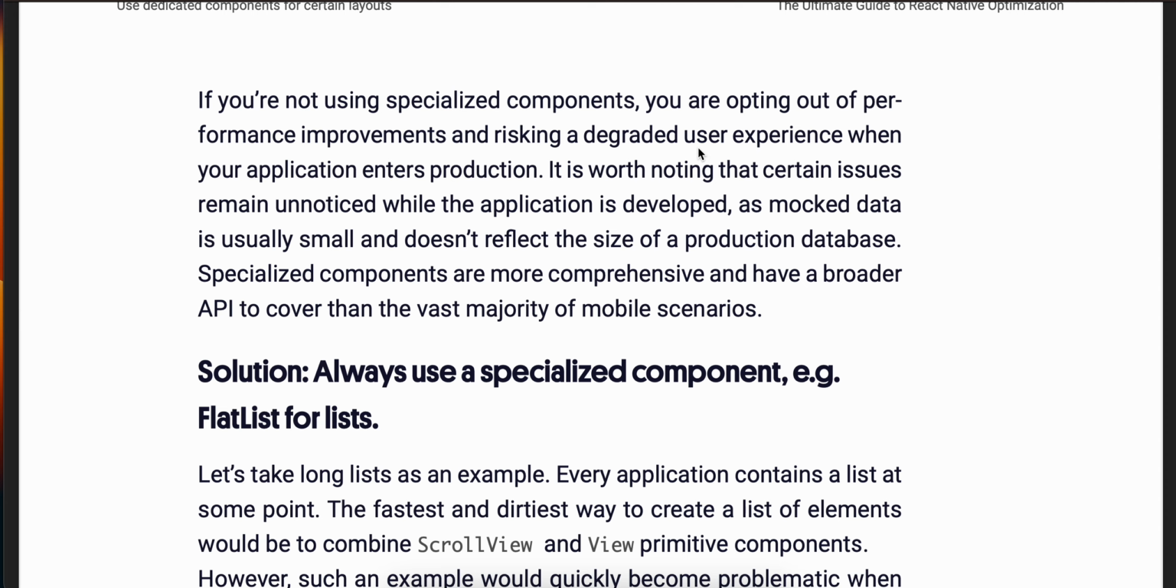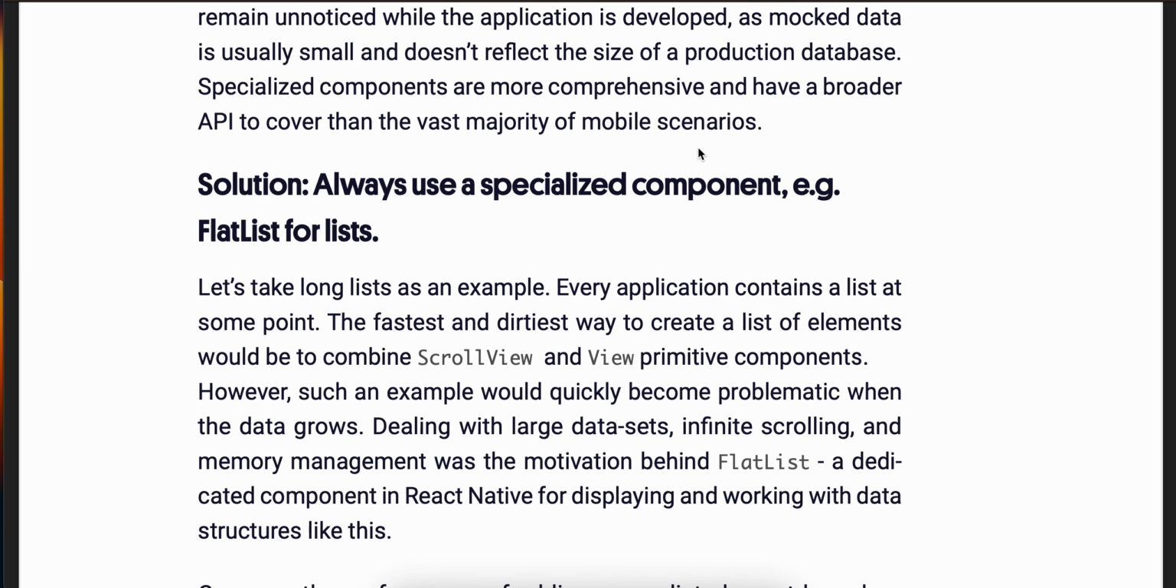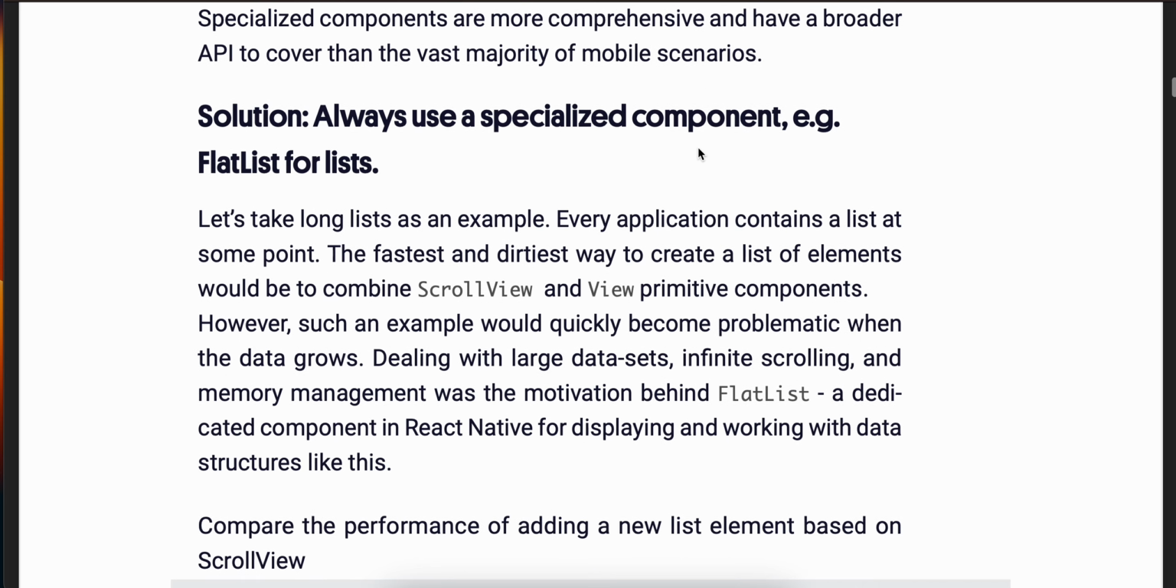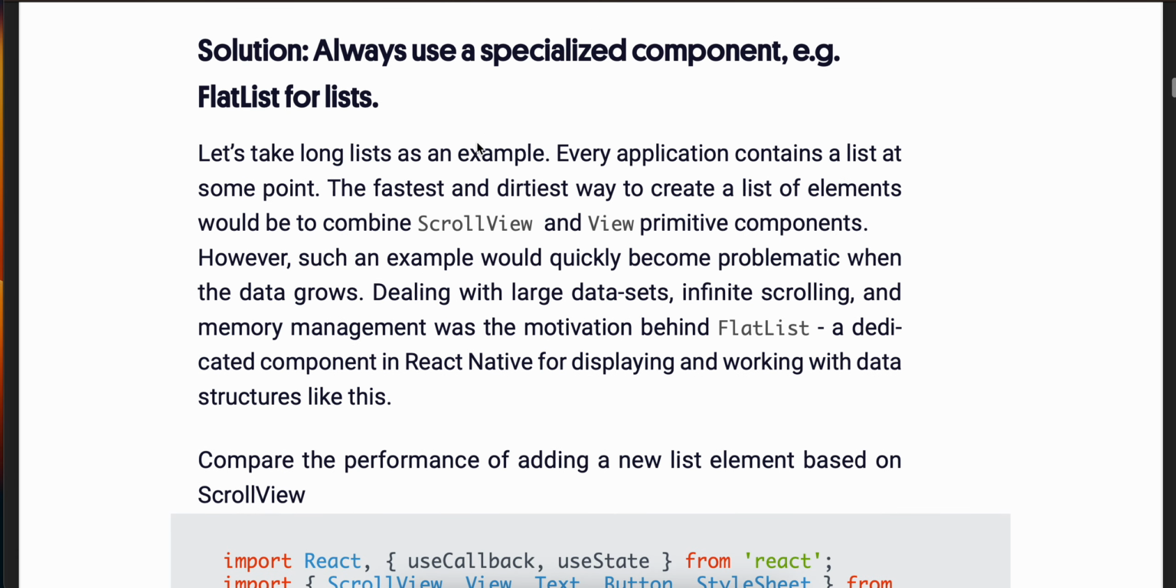Specialized components are more comprehensive and have a broader API to cover the vast majority of mobile scenarios. Always use a specialized component, for example FlatList for a list. Let's take a long list as an example. Every application contains a list at some point. The fastest and dirtiest way to create a list of items would be to combine scroll view and view primitive components. However,